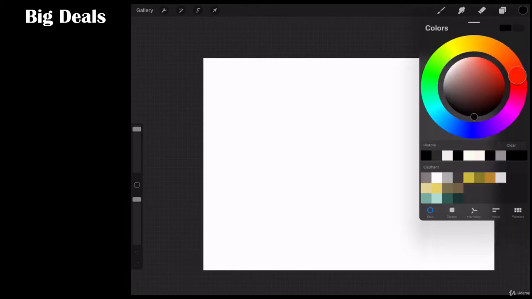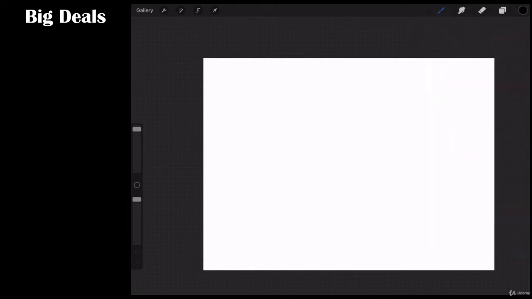All right, folks, let's take a look at color. So we're going to talk color palette here, and we're also going to talk color picker. Now, I'm not going to spend too much time on this because we have other lessons to get to, but